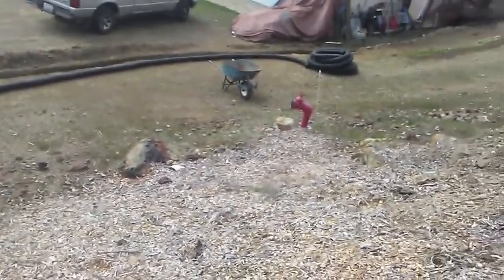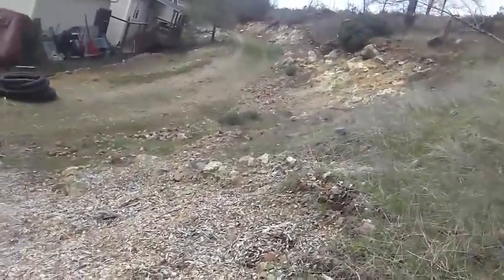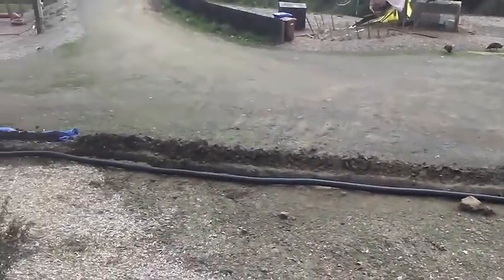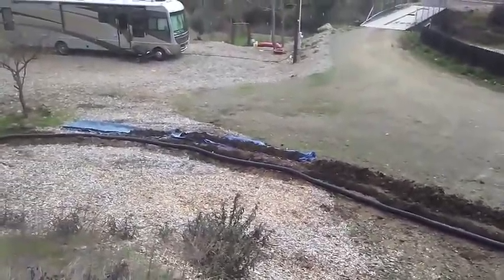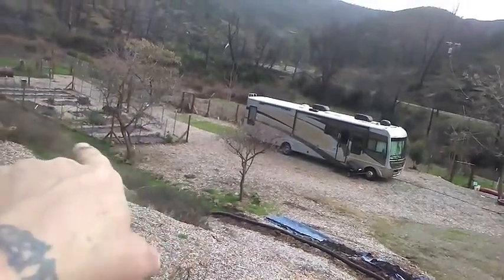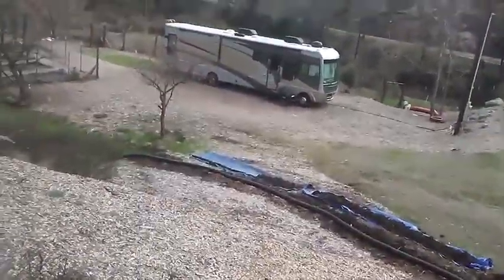So here's the line about to go in. It runs all the way up, catches all the water off this hill, cuts down, runs along. Instead of letting it spill out into the driveway, we are using it, it'll come down into this area, and then behind the gardens, there's actually a lower spot that's a bioswale,